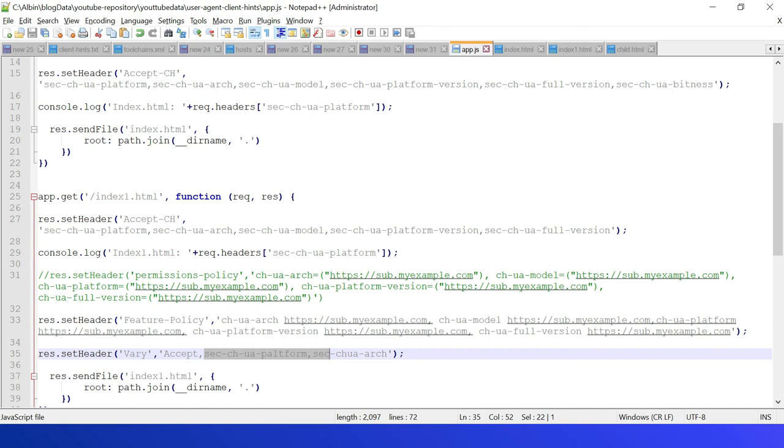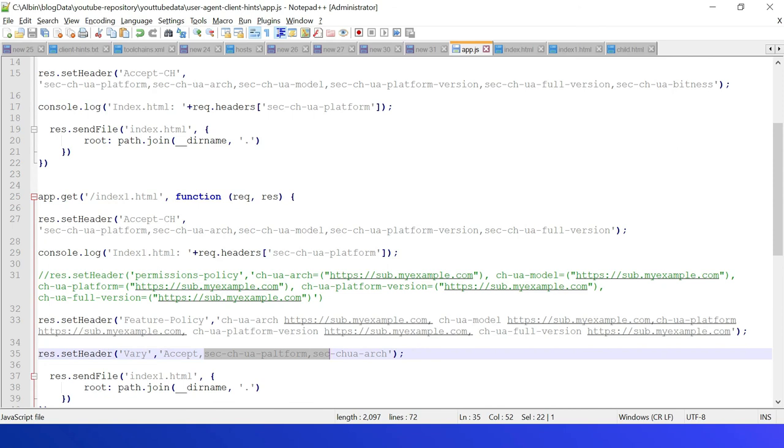Some issues are there. The feature policy restrictions are not applied for JavaScript. The JavaScript can access the headers for all the domains, cross or same origin. Also, if you see here, the actual header is SEC-CH-UA-platform and others. But for the permissions policy or the feature policy, we should be removing this SEC.